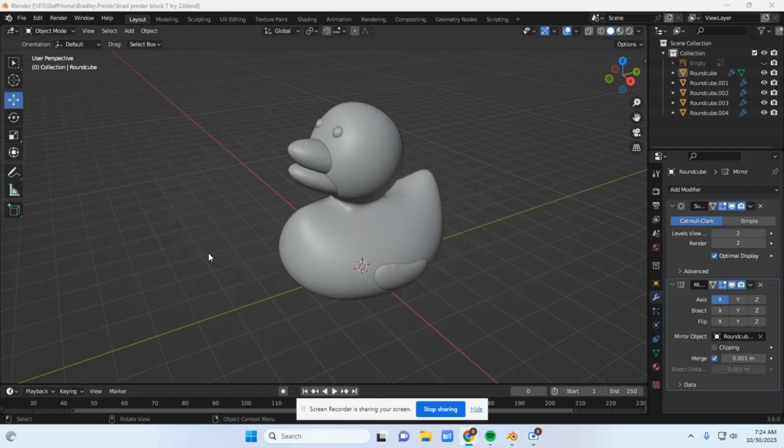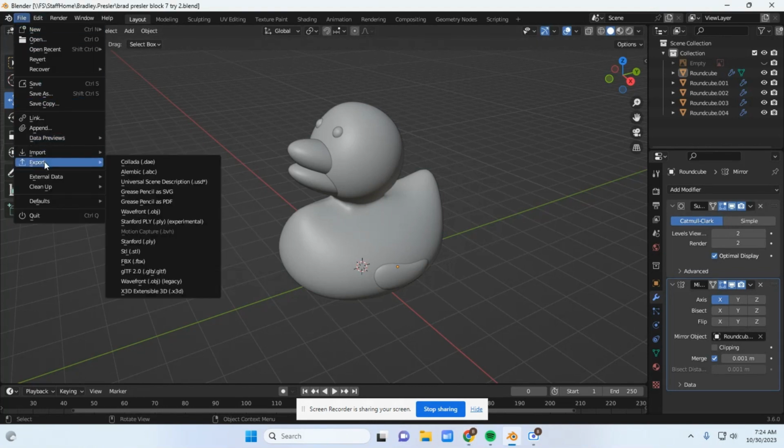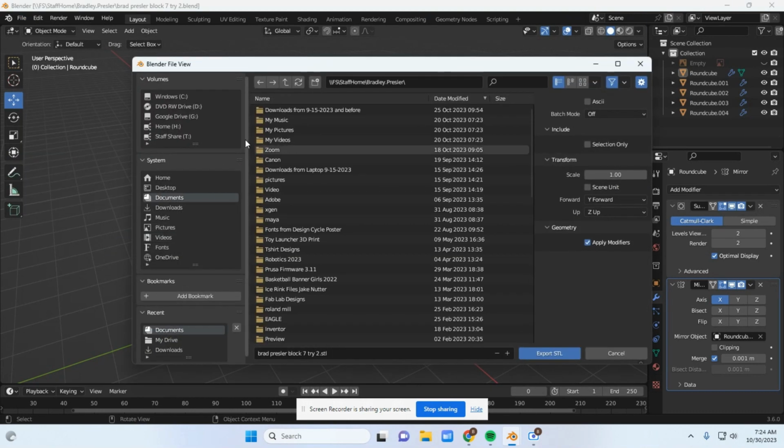Good morning. This is going to teach you how to use the multi-material painting tool in PrusaSlicer, but I'm going to start off with an STL file that I made in Blender. So if I go to File, Export from my file that I've created in Blender, STL, please save your files in the Documents folder. Give it a name that makes sense, so we can say first name, last name, I don't know, Rubber Ducky